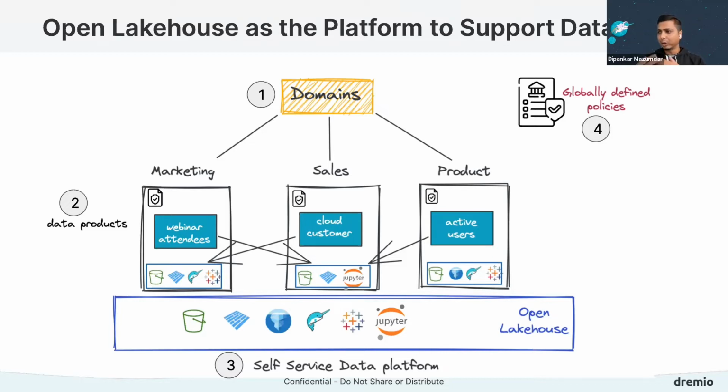Since with an Open Lakehouse architecture, you have an end-to-end data platform where you have all the tools. For example, you might have your storage as S3, as a data lake. And you might have your files stored in Parquet or an Iceberg table format. And you might have different engines like Spark or Dremio, or different tools like Tableau or Looker or Jupyter Notebook, being able to use that kind of self-service platform.